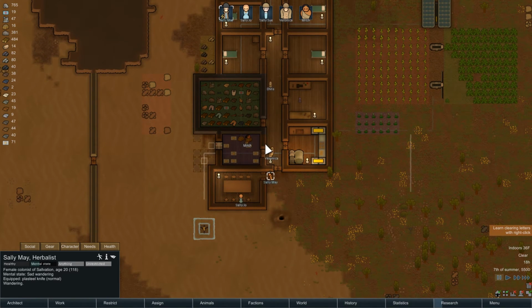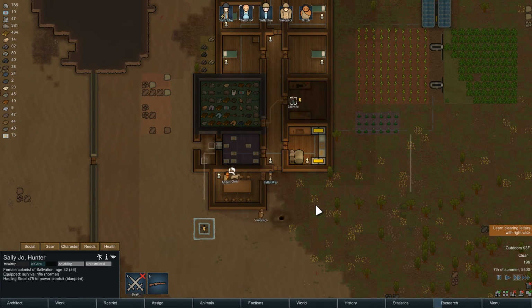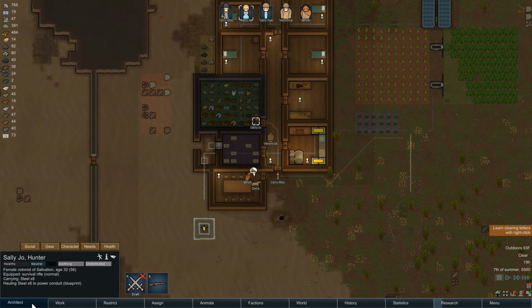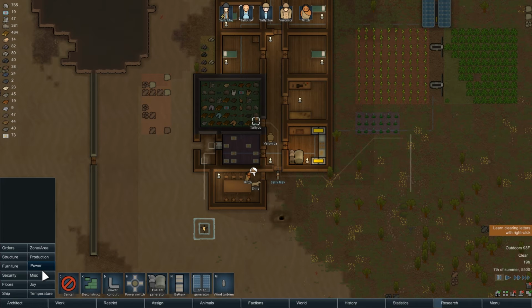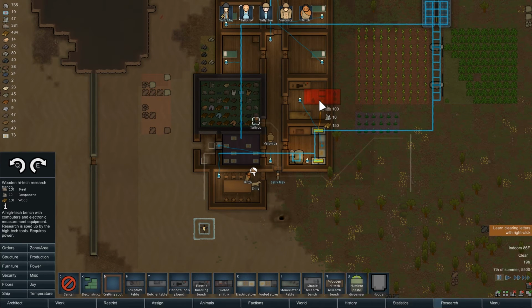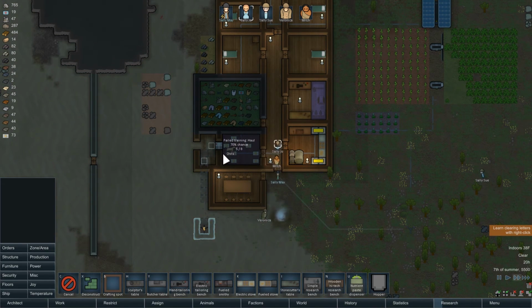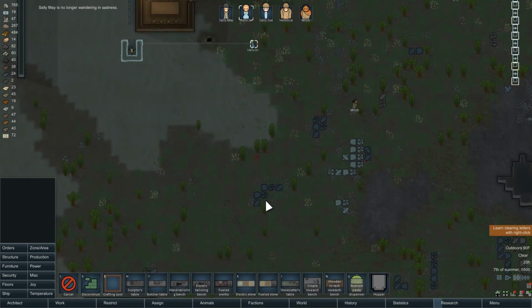Oh. I was going to grab Mitch here. Okay. You know what? How about you come over here and prioritize working on that? Because I want to build. I actually don't remember. Yeah, high-tech research bench. And we want to make this out of wood. And it's going to go right in there. Okay. And, alright, well, he failed at training Chris. That's disappointing, but...